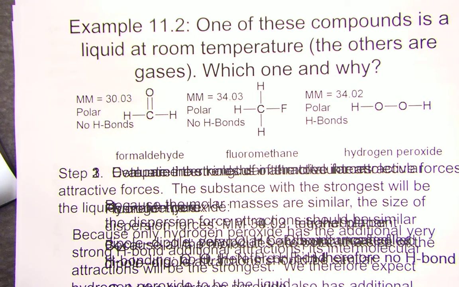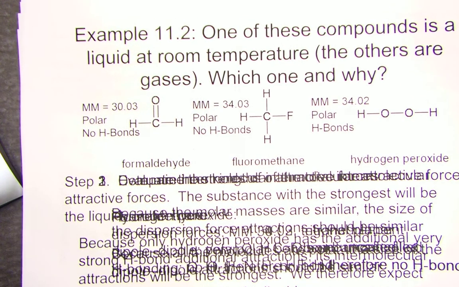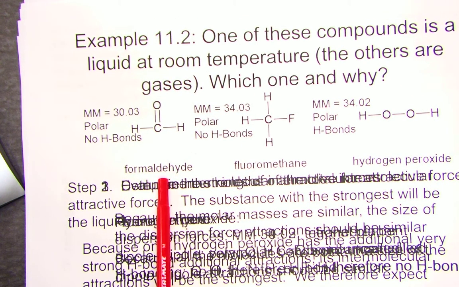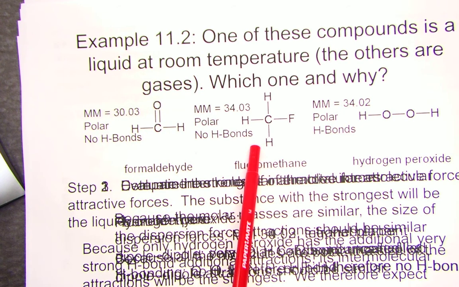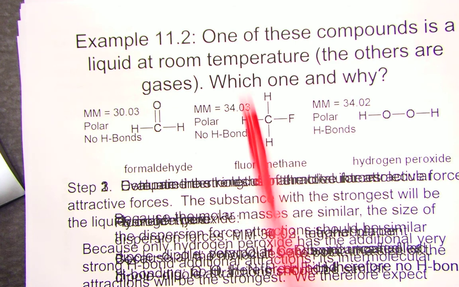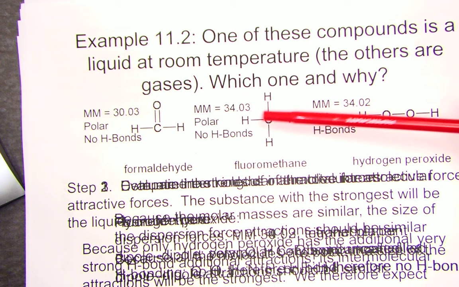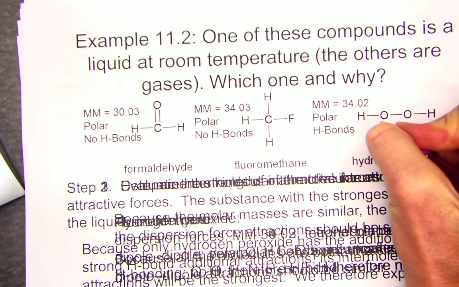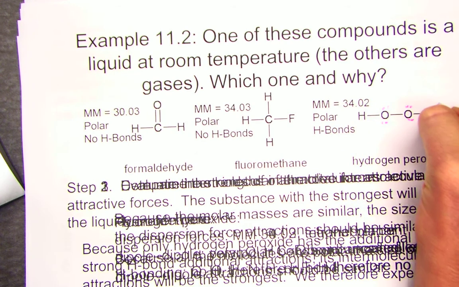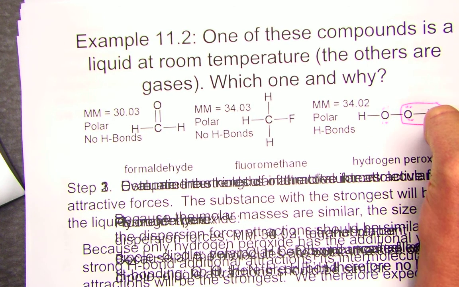So we're just taking a picture of formaldehyde, C double bond O and single bonds to two H's. We have fluoromethane, carbon single bonded to hydrogens and a fluorine. And hydrogen peroxide, H2O2. What I clearly see here, with these oxygens, is a hydrogen connected to